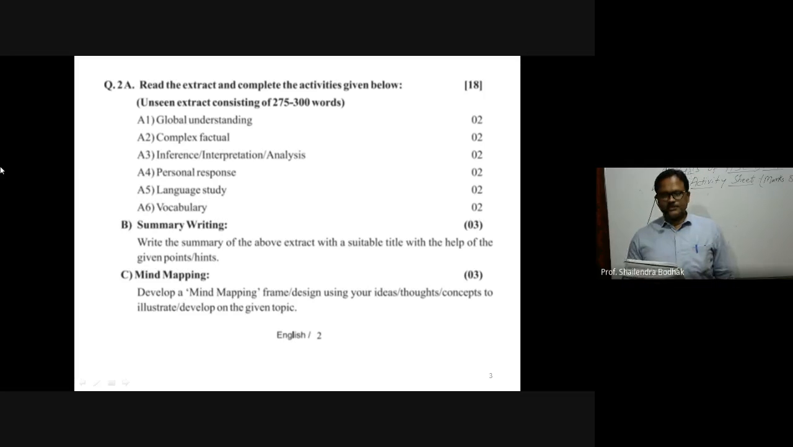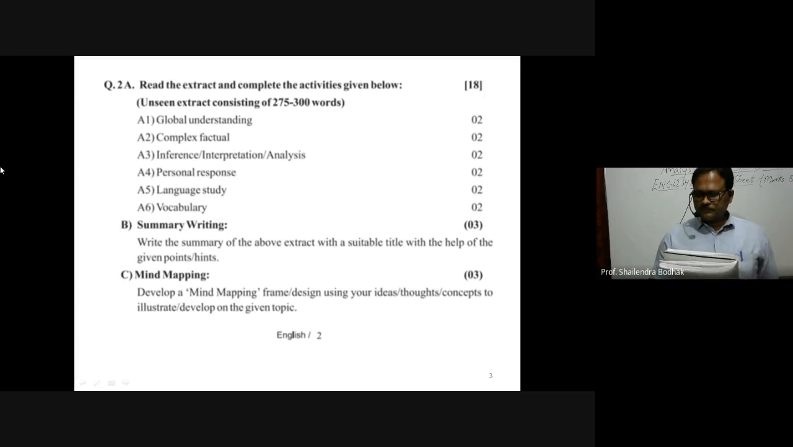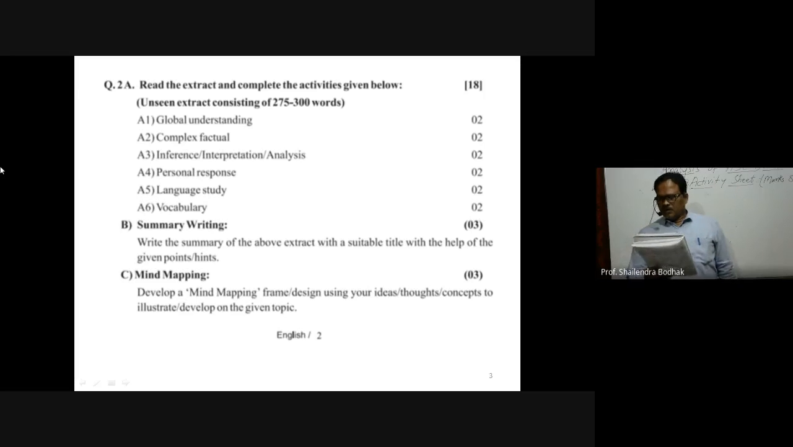Fourth point, relaxation of mind, brain, sharp critical thinking, concentration, enrich vocabulary, food for brain, reduce stress. So all sorts of